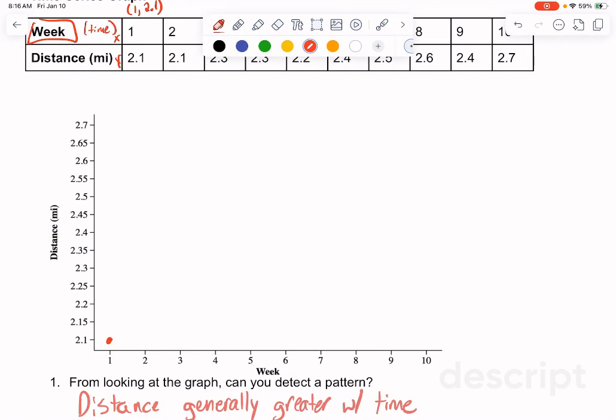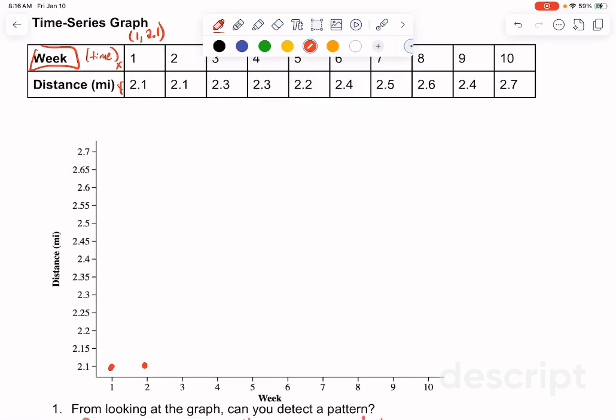Go over to 2, 2.1 again, 3 and 2.3, 4, 2.3, 5 and 2.2, 6 and 2.4, 7, 2.5, 8 and 2.6, 9 and 2.4, 10 and 2.7.